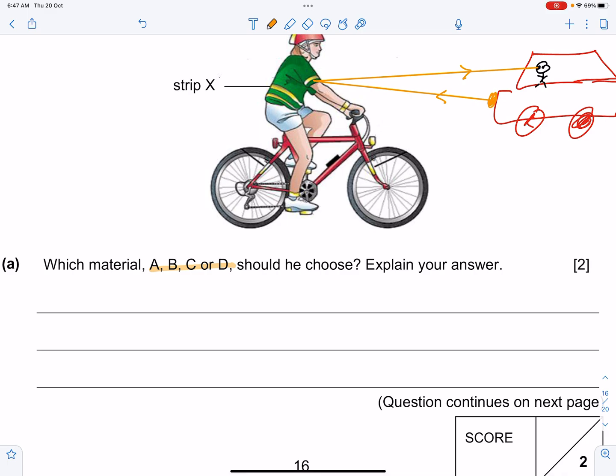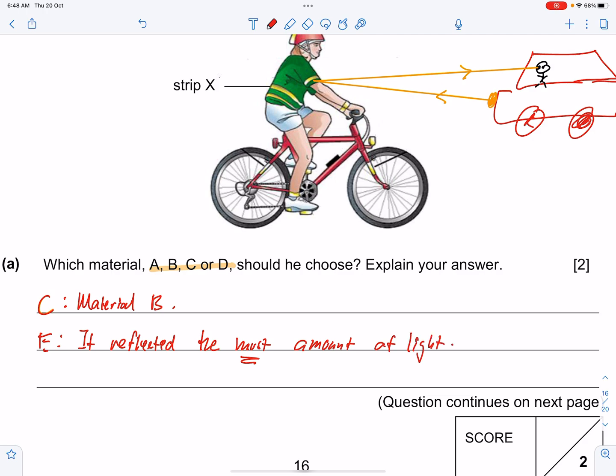So how do we then translate using CER? So we have the first one over here. My C would be material B. My E would be it reflected the most amount of light from the table, and then the reason is so that this would enable